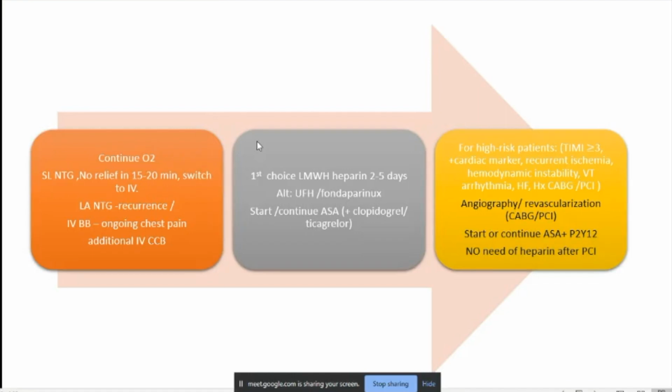So in those patients, after the treatment with all these medications, we have to do angiography